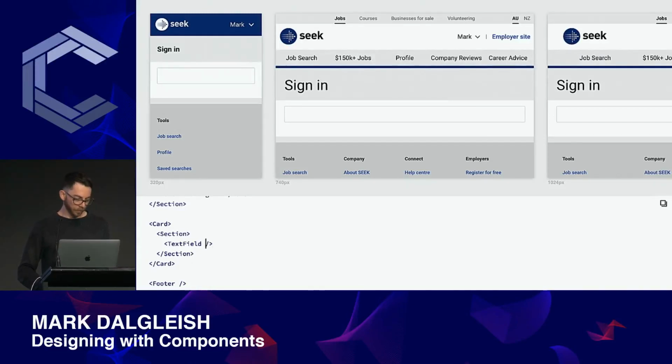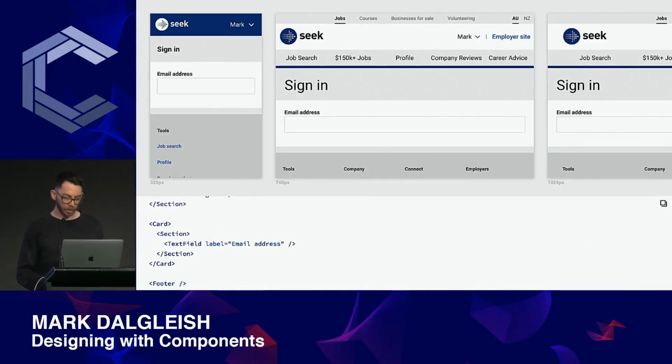Now that text field, what I'm going to do is add a label to it. We'll say email address. Now the astute of you might be noticing already that this layout doesn't look really that good at 740 wide. That text field's pretty wide. This is the point at which you'd already start reaching for more higher level layout components. Let's just pretend I didn't have any of those for a second and say that I might need to reach